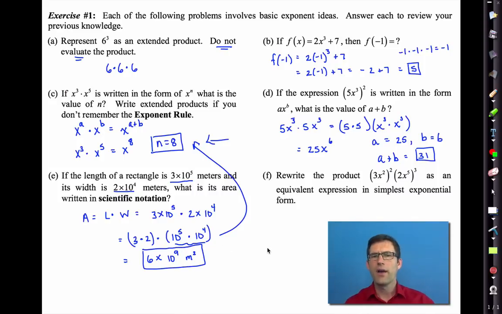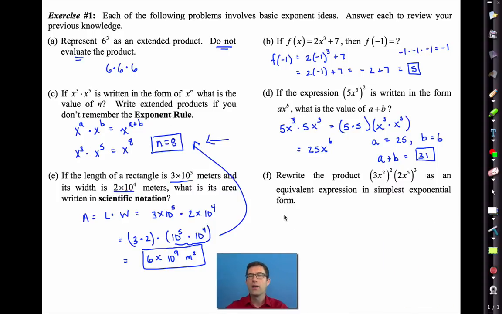All right, finally, letter F. Rewrite the product 3x squared, squared, times 2x to the fifth, cubed, as an equivalent expression in simplest exponential form. Look, if you don't know what else to do, always start with the basics. So 3x squared squared is this. 2x to the fifth cubed is this,